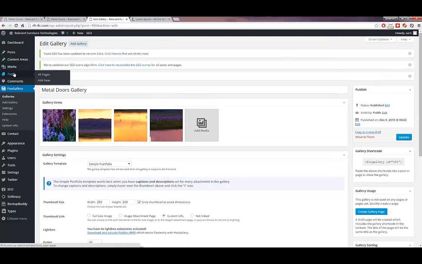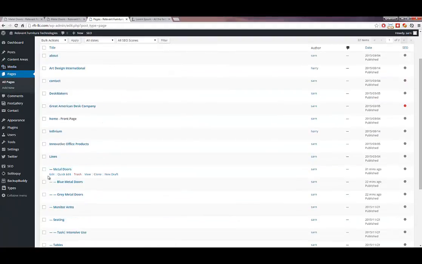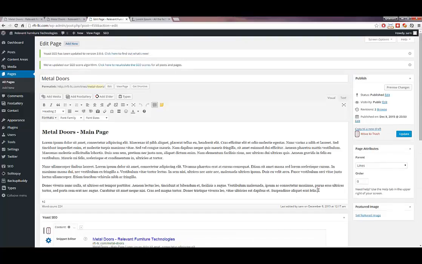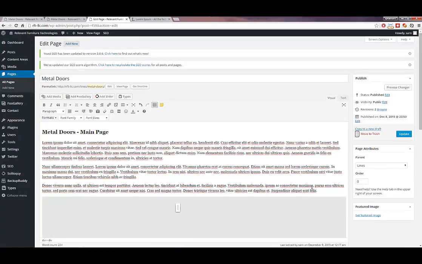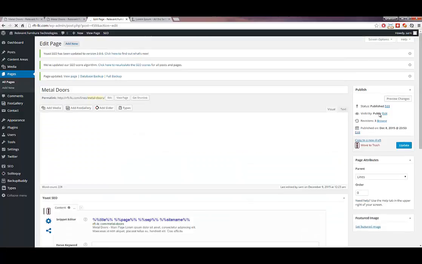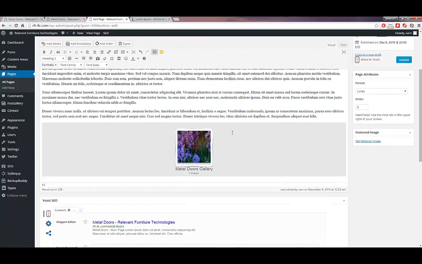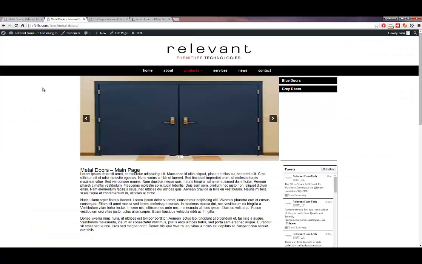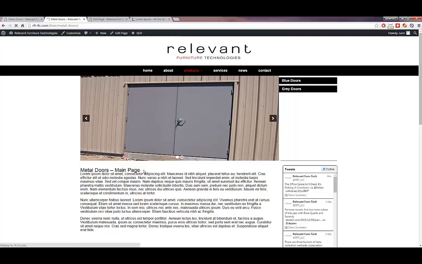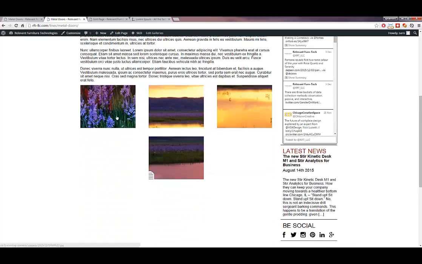And now we go to Pages. And we go to our Metal Door main subcategory page. After our content here, we'll just paste our shortcode in here. Let's click on Update. And once it updates, it looks a little bit better. And now if we refresh the main door subcategory page, we should have our gallery. So perfect. So we have a gallery here that when clicked on, as of right now, opens up an image,